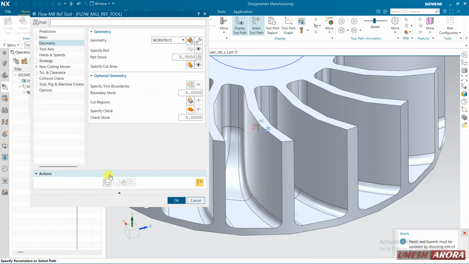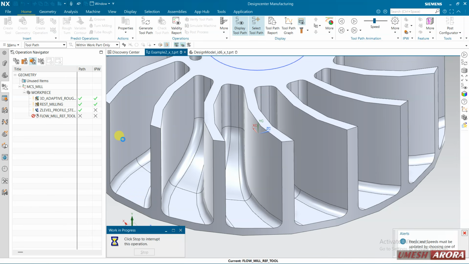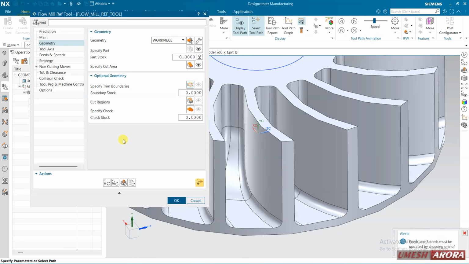Now generate. Only the rest material which is left on the corner, it will finish or it will cut. Okay, it is not getting any material.